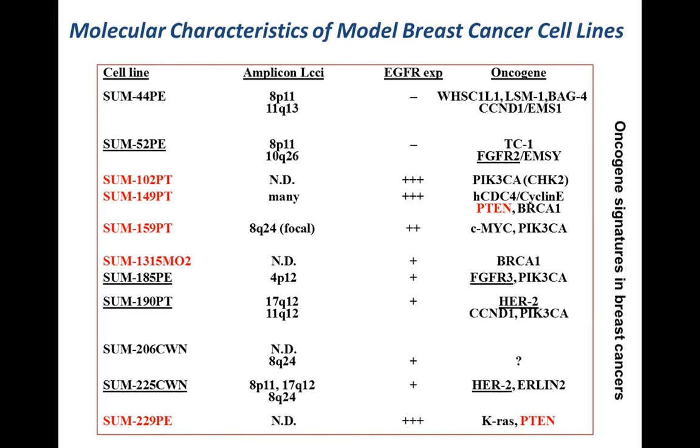And today we're going to focus really on two of these cell lines that we work on a lot, one called SUM149 and one called SUM229. SUM149 was in fact derived from an African-American woman with aggressive inflammatory breast cancer. Again, both of these patients did not do well, had very aggressive disease, and ultimately died of their breast cancer. So we're going to spend a lot of time talking about these two cell lines today.